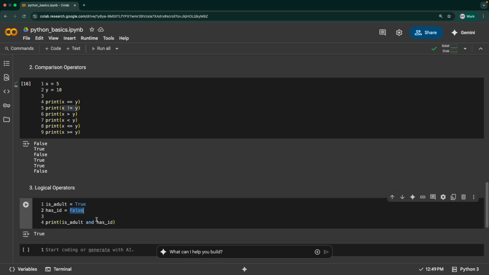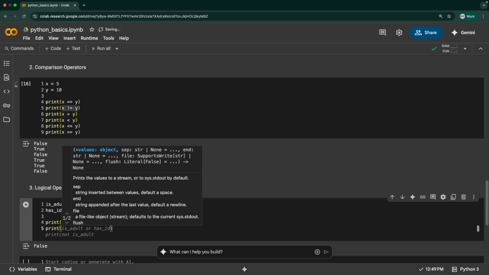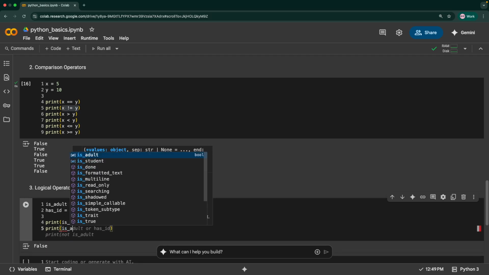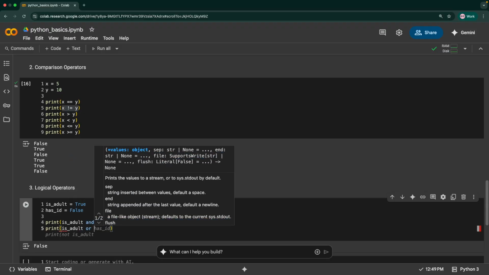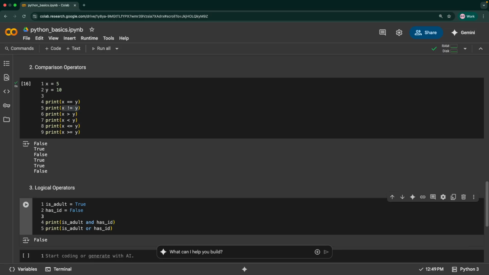I'll revert this back to false, and we know that as one of those is false, it's going to return false. Okay, and similarly, let's check is_adult or has_id. The OR operator is a logical operator that we probably studied in schools and colleges.